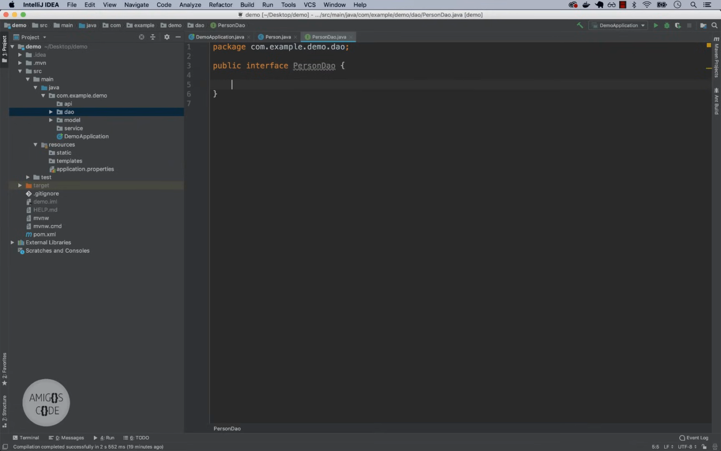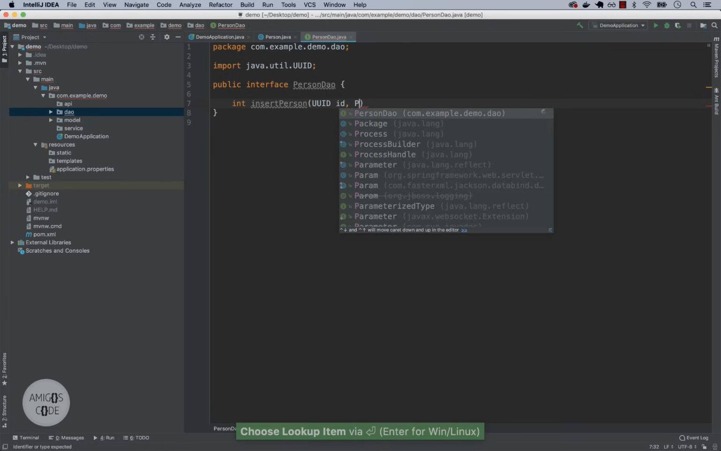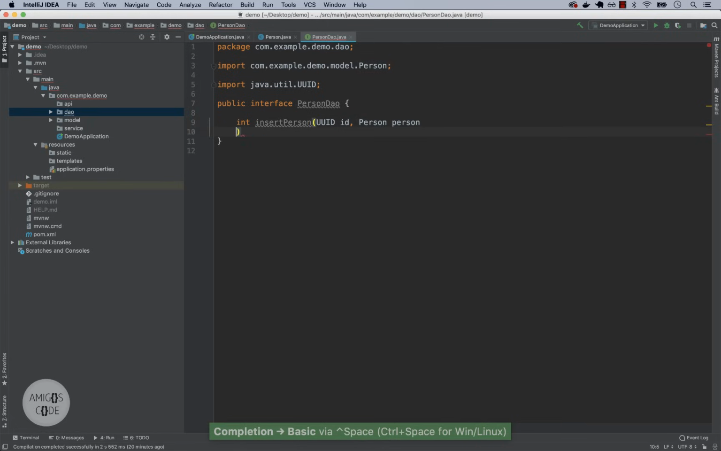So for our database, we want to insert a person into the actual database. So we will simply return an integer, and basically we're going to mock a database using a list, and we will return 0 or 1 depending on whether the data is persisted to the actual database. So let's simply go ahead and say insertPerson, and this will take a UUID, which is the actual ID, and then a Person, just like that,